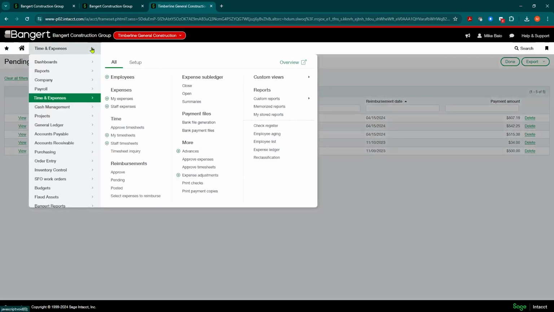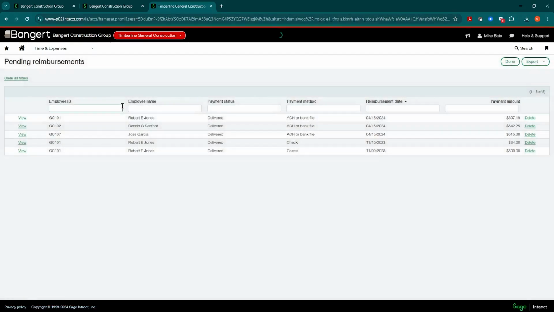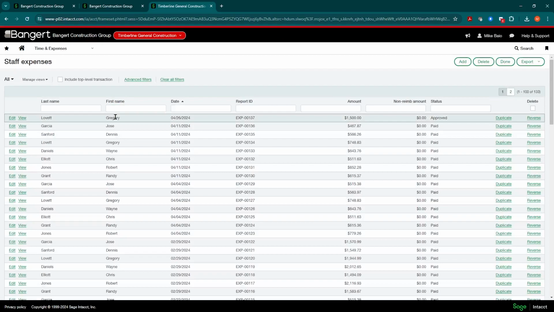Last but not least, you want to delete the staff expense too, because it'll sit there as pending all the time, and every week you'll have to not select it. So go into staff expense, find that same one we just deleted the record on, and delete it, or actually you'll have to reverse it, so it won't show up anywhere as far as your payroll reports go.